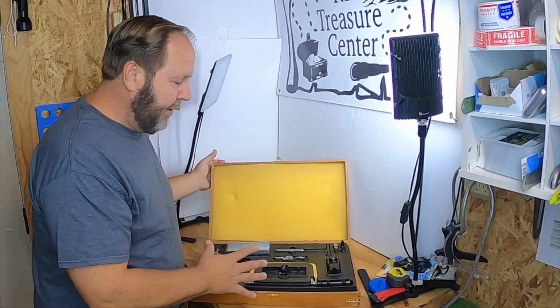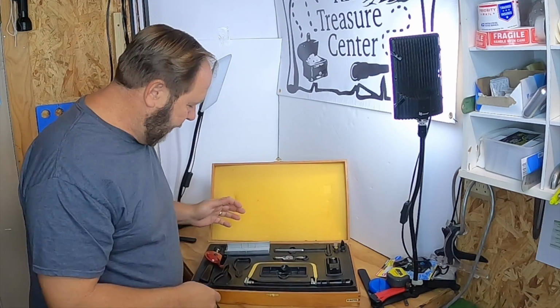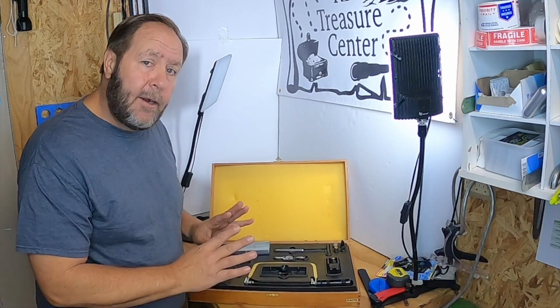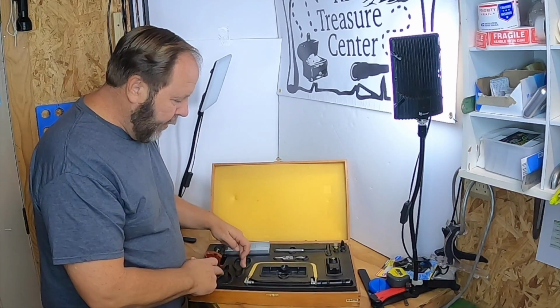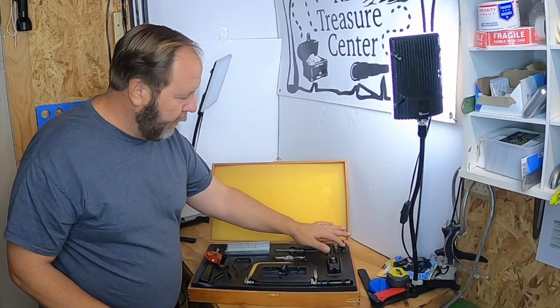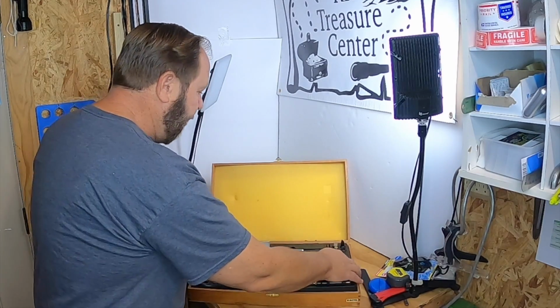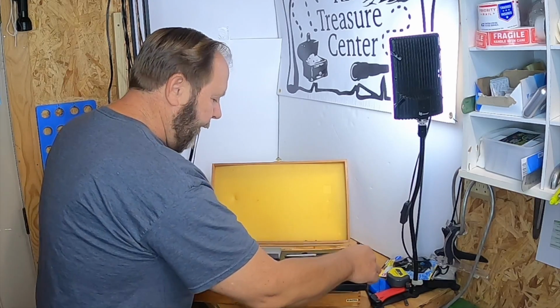A vintage set of X-Acto tools. You've heard of X-Acto knives, the razor blades. Well, these are the X-Acto tools. Now it's not quite complete. It's missing a couple pliers here and the original strips of wood here. There's one little piece right here that's missing for the hammer. But what's unique is underneath this